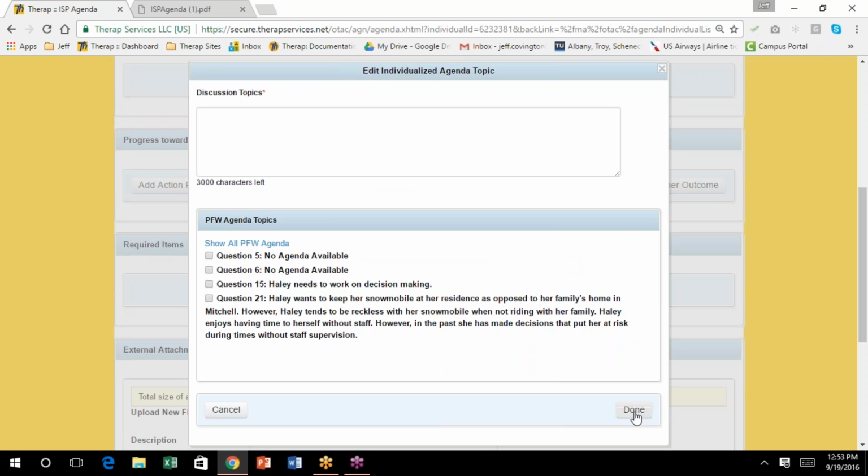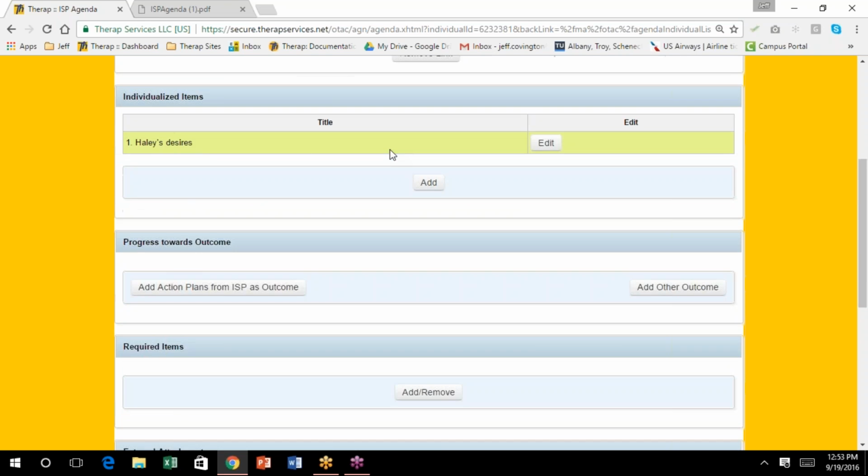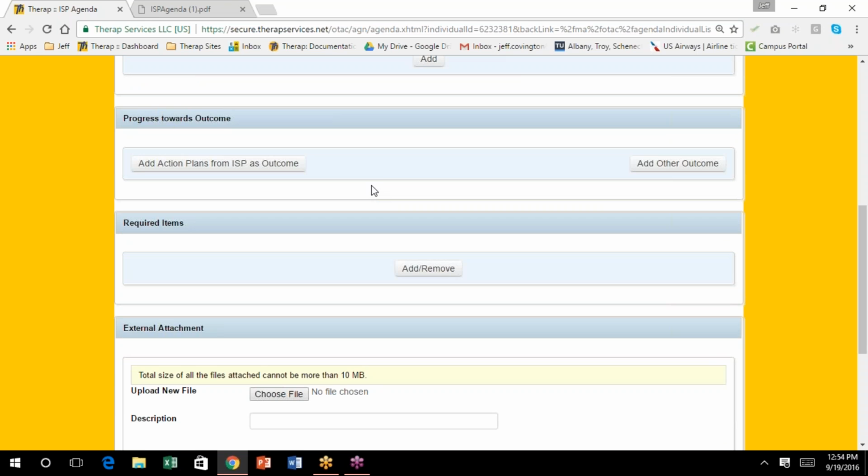Okay. Okay. So what you like doing, Jamie, then is you like to put some of these action plans in the ISP and then put them as an outcome? That is what I do currently, since I don't approve the agenda until after the ISP has been created. I'm then able to go back and add action plans from the ISP as outcomes. Sure. No, that makes sense. And sometimes